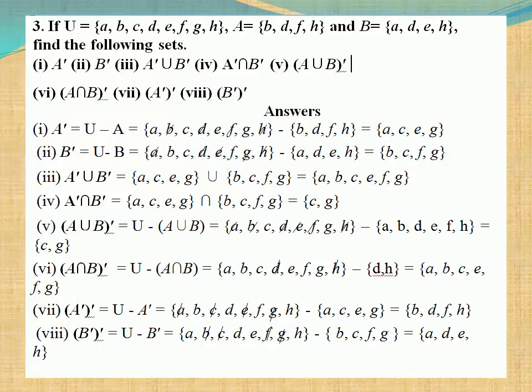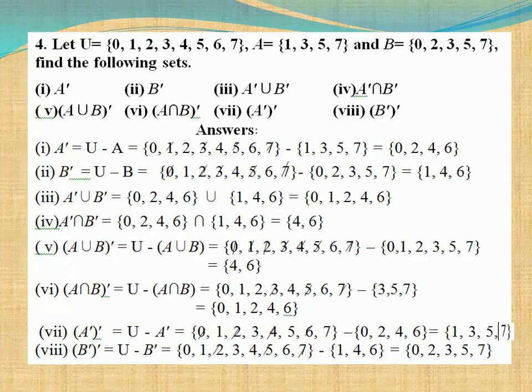Next, eighth subdivision, B dash the whole dash, which is equal to universal set minus B dash. Write the universal set minus B dash. B dash means you already found now, what are the values? B, C, F, G. Cancel the common elements from U and B dash. The remaining elements from U is the answer. So A, D, E, H. If you are seeing, what do you get? The set B is equal to B dash the whole dash. Okay.